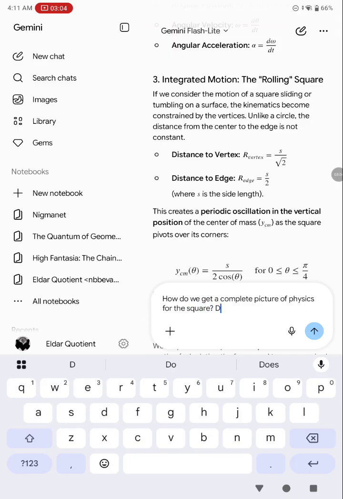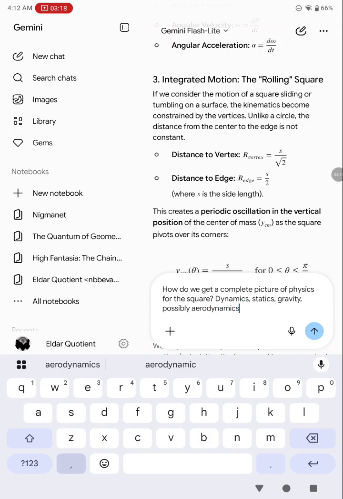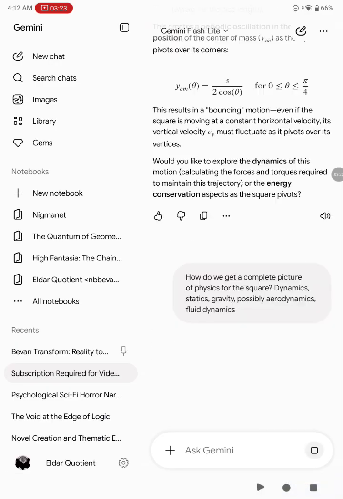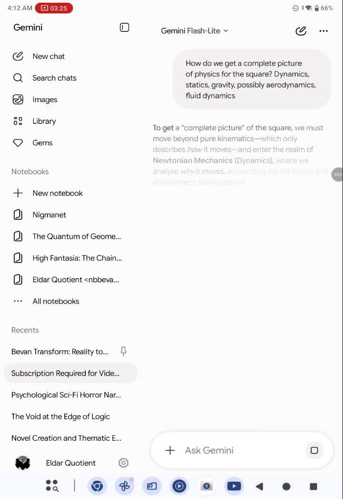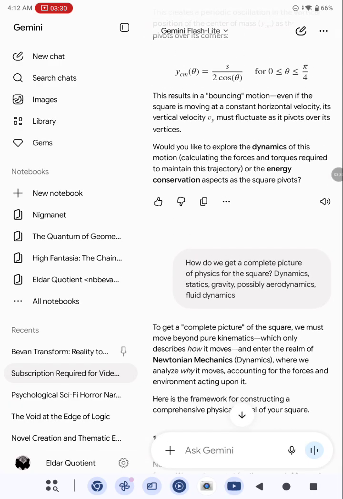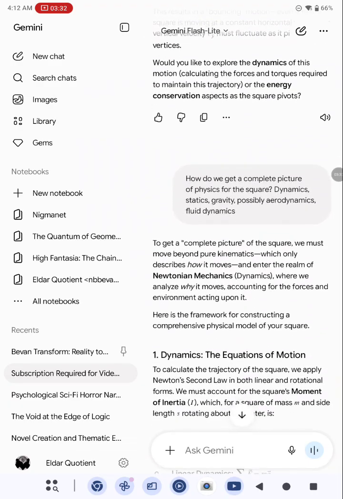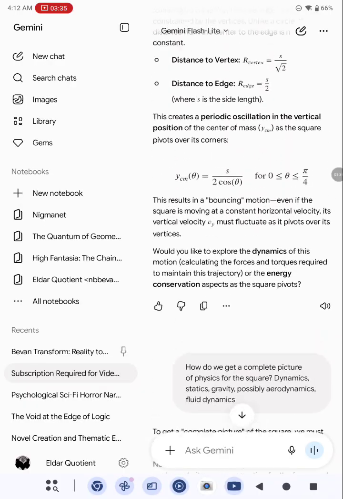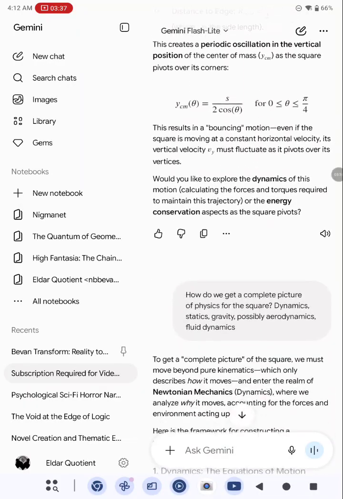We need to add dynamics, statics, gravity, possibly aerodynamics, possibly fluid dynamics if it's in the water. So once you get a hold of these objects where you add physics to it,